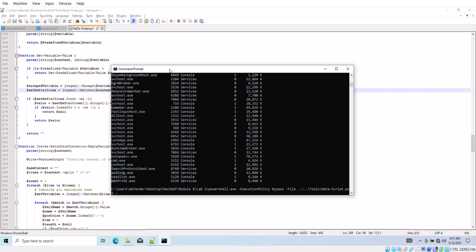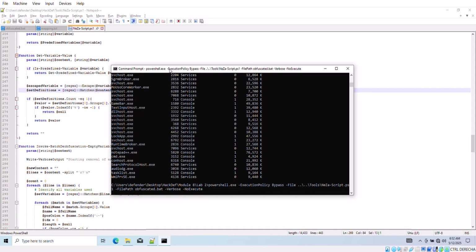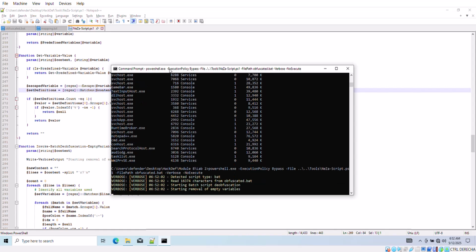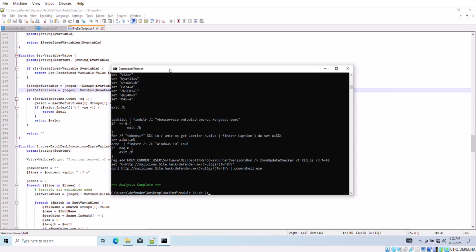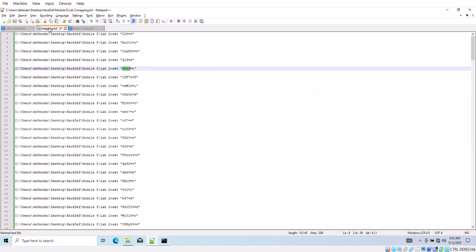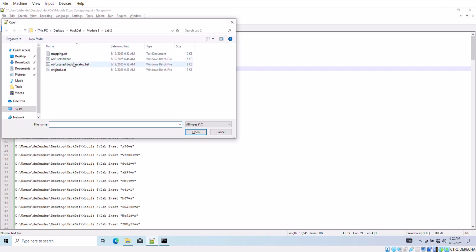Our script requires us to provide the file path of the script to be analyzed. This is obfuscated. We want the verbose output, and we do not want to execute the resulting file. Now we hit enter, and the process is being done automatically. Great. Now we can go to the result file,